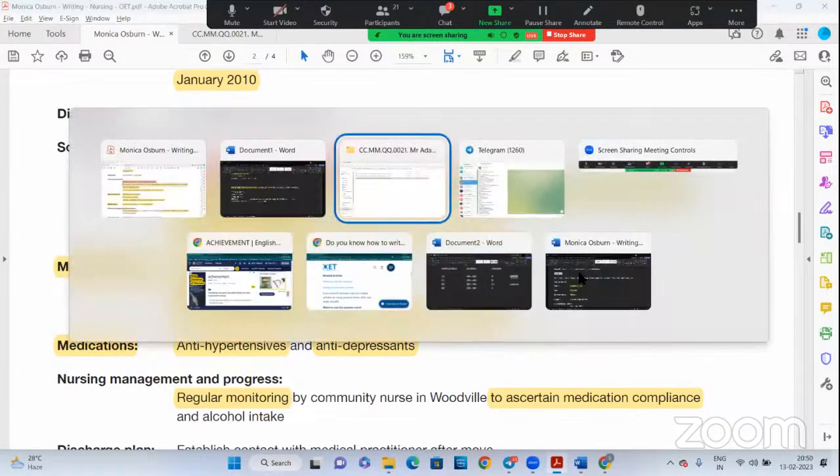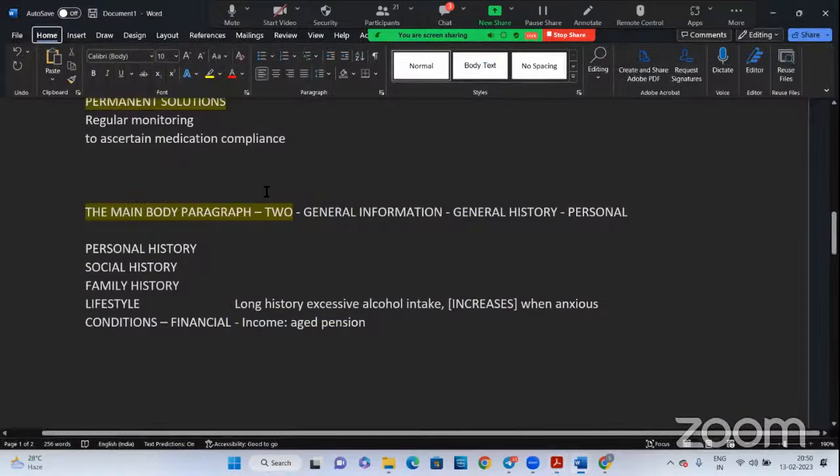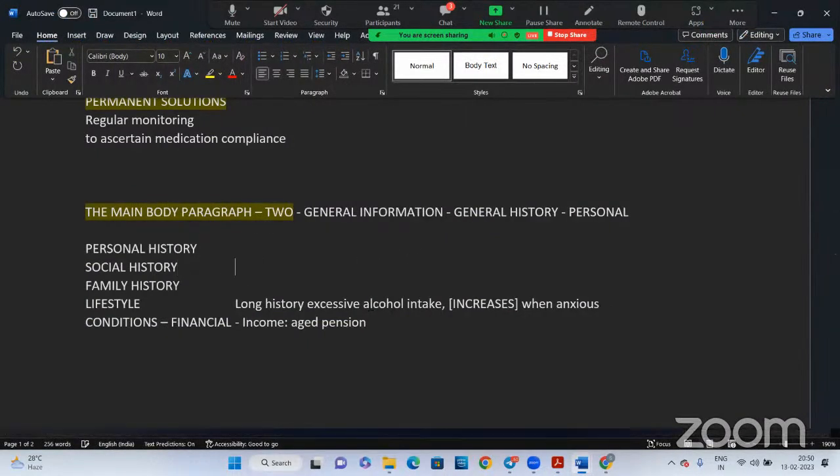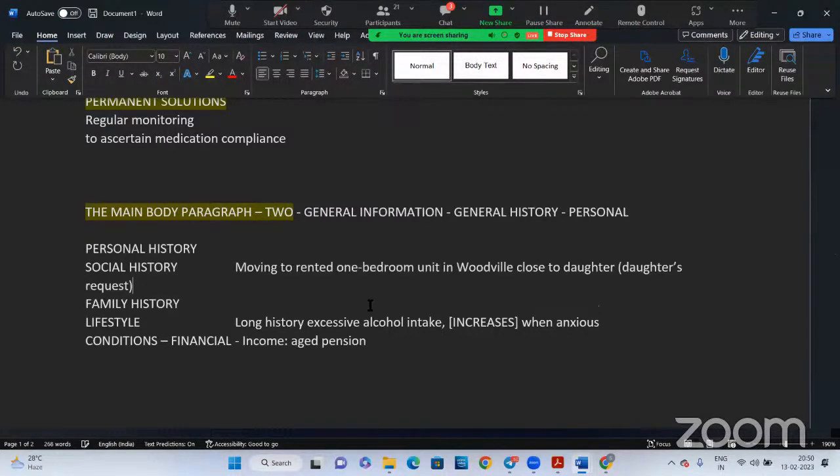This is relevant information. Okay, this is relevant information. So